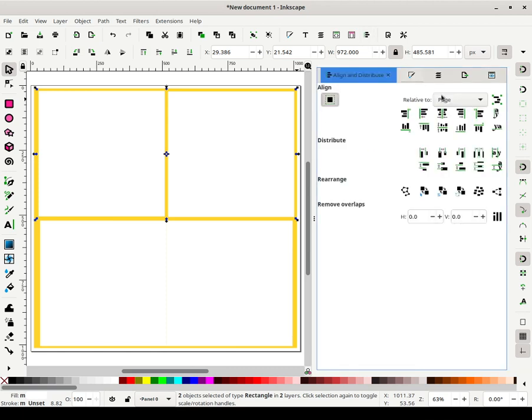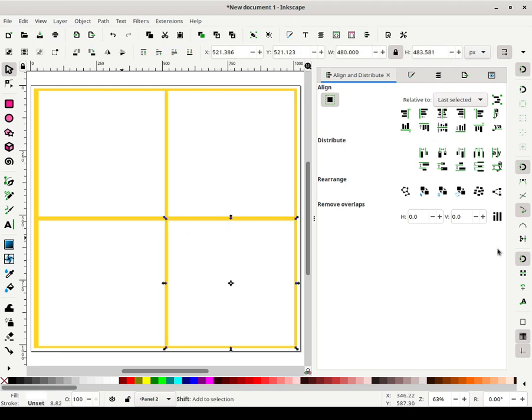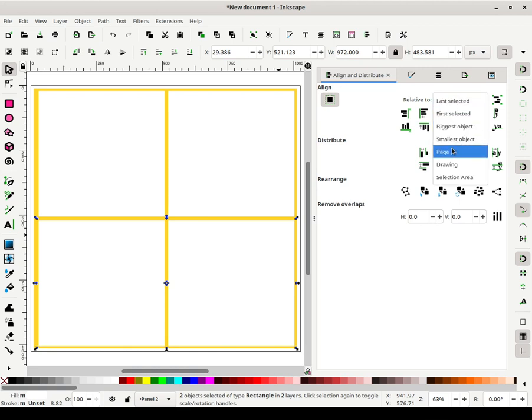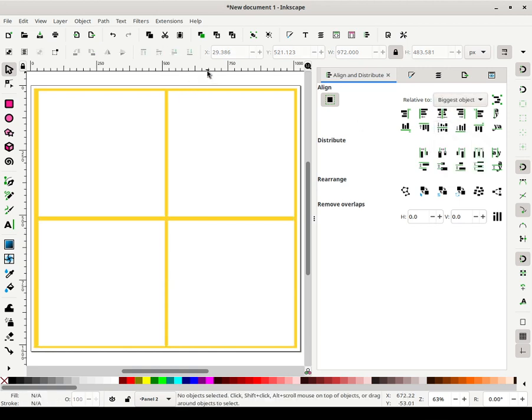Then I'm going to use align and distribute, choosing biggest object, align them horizontally, and then I'm going to choose last selected and select this one and align vertically. Do the same thing over here. Align these both horizontally. That should do the trick. And then you can select all of these. I believe you can do this on canvas now, so let me see if I can get it done correctly.